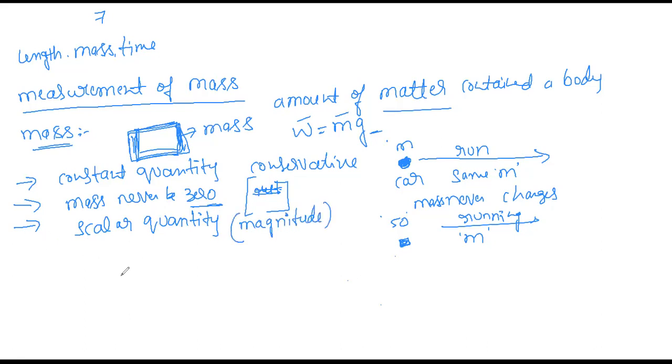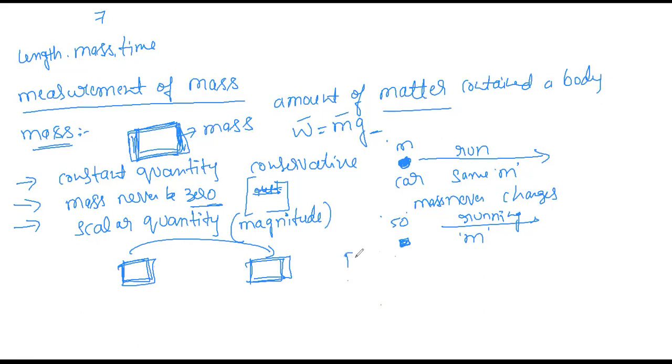Okay, mass has no direction. Suppose this is a box, it has some weight. We put it in one place, it has the same mass. If we put the same box in another place, it has the same mass. It does not have any particular direction. We can replace this box from this place to this place. The mass cannot change. Okay, it does not have any direction.